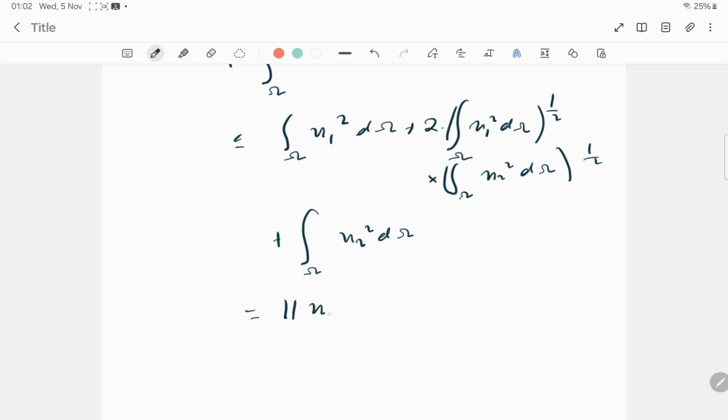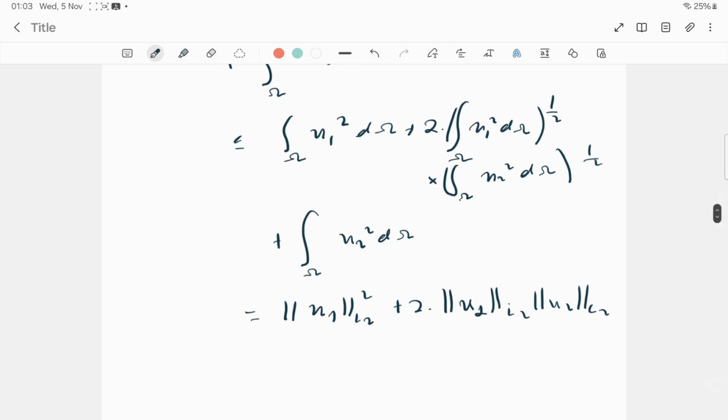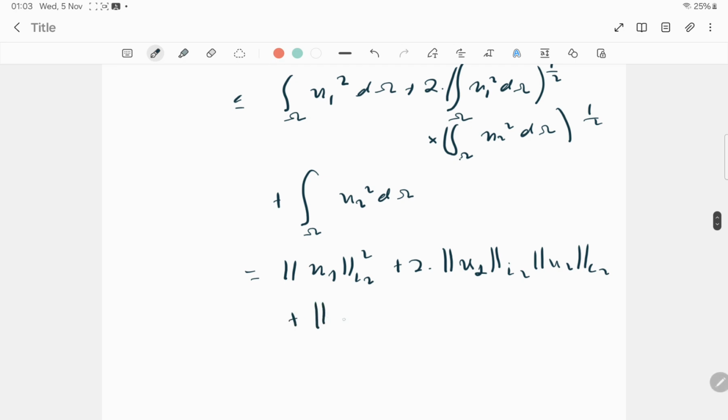And the first term is the norm of U1 in L2 squared plus 2 times the norm of U1 times the norm of U2 in L2. I omitted the omega, it is implied that it is on the bounded region omega, plus the norm of U2 in L2